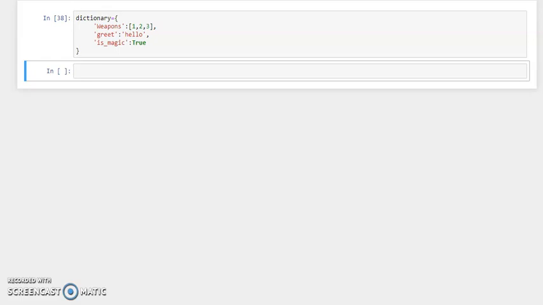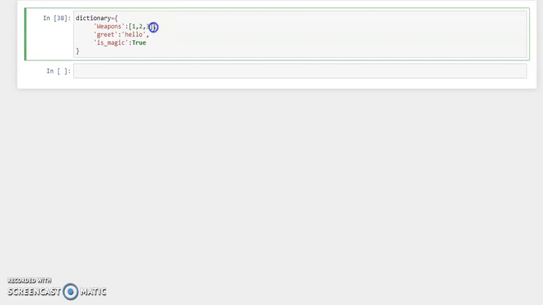Welcome back. I mentioned to you that a dictionary of values can hold any sort of data type, like a list, like a string, and a boolean value, right? But what about the keys like weapons, greet, and is magic? They're all strings, right? Now, I have used all these strings to denote a key, but could I do something